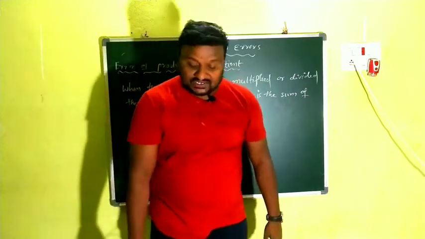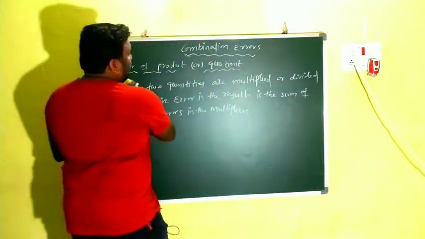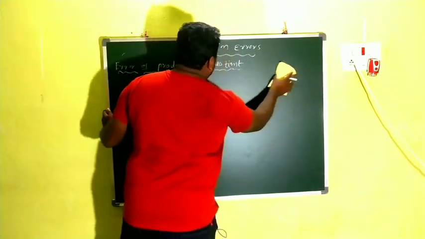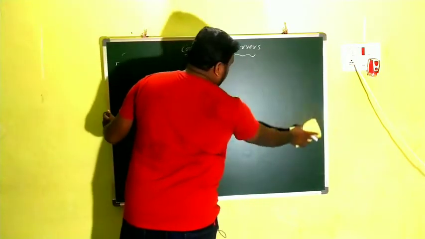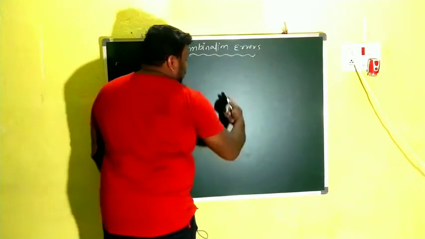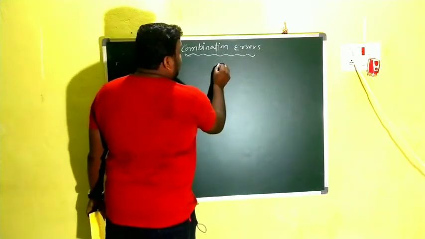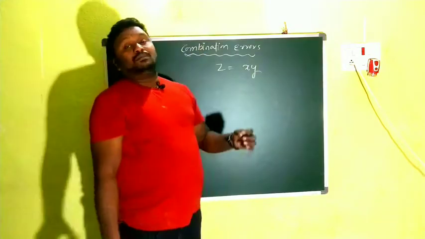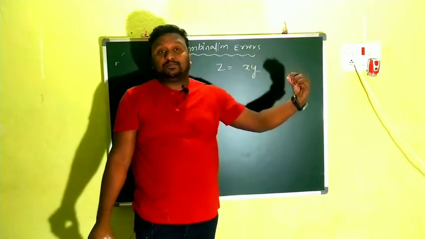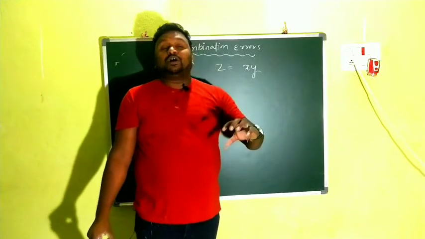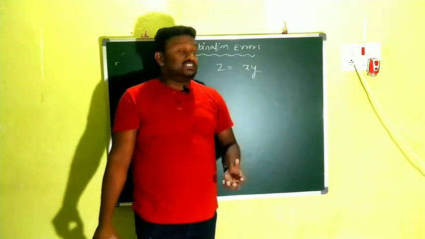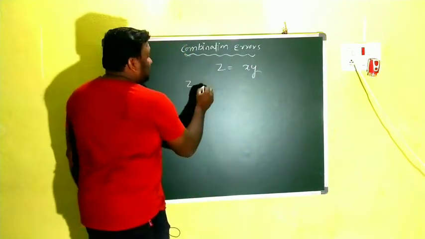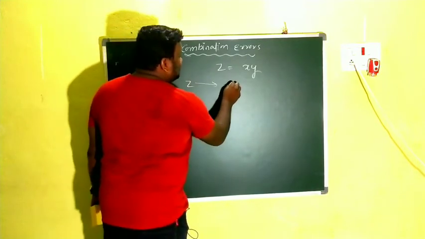So let us see what it is. Children, it is a very easy topic, no need to be nervous, just simply watch the video without skipping, then you can easily understand. We have to prove that rule now. I am taking z = xy. This is multiplication, z = xy. In that experiment we have to find the z value by using some x and y values. Clear, children?